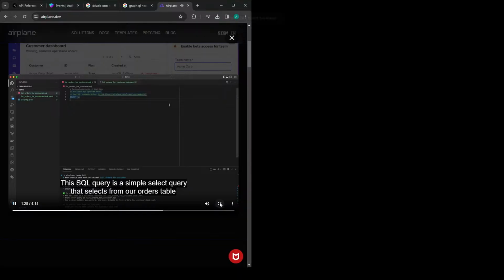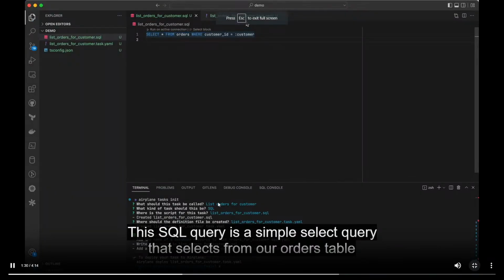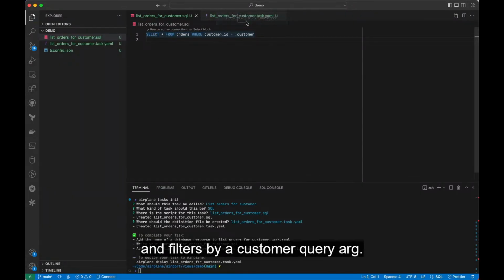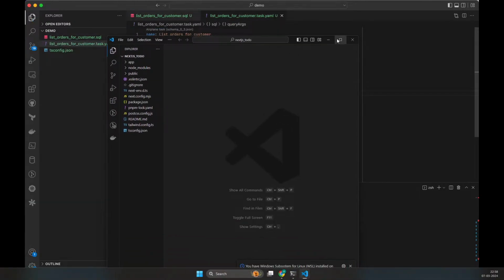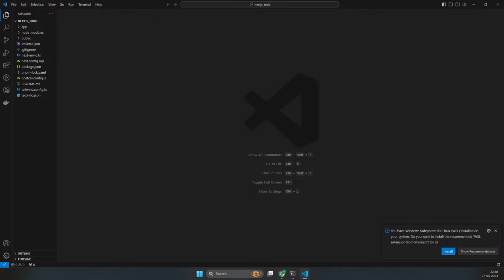This SQL query is a simple select query that selects from our orders table and filters by a customer query arg. Switching over to our YAML file, let's paste in the configuration. You'll notice how we specify query args at line 10. We have a query arg of customer set to the customer ID parameter. We'll go ahead and create a few more tasks to list customers, send orders ship date, and